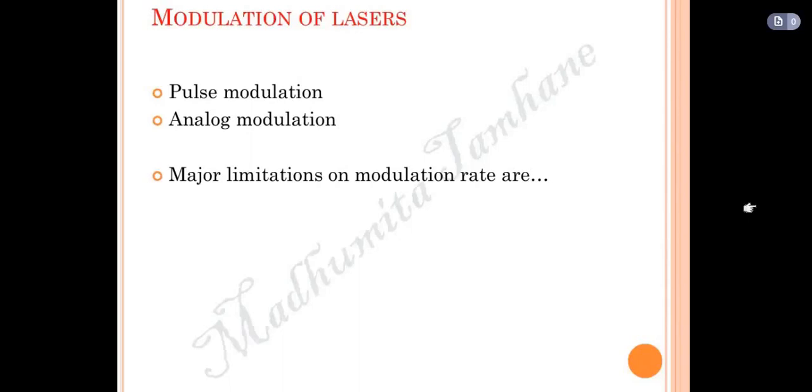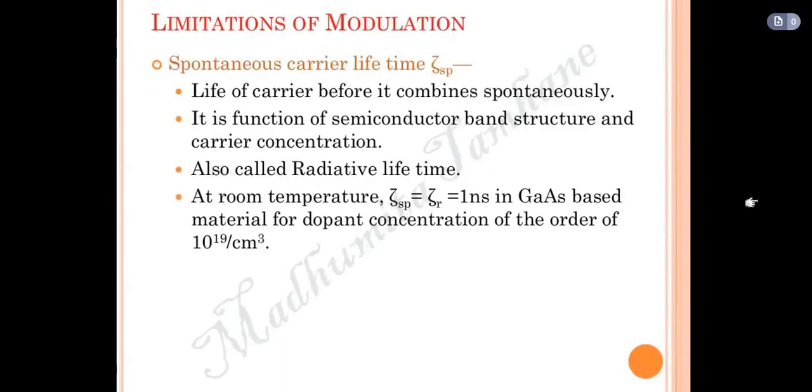So what is pulse modulation all about? When we have a carrier frequency moving ahead with the given input frequency, and the input is nothing but the pulses we are using, that is the pulse modulation. And then we know the analog modulation also, right? What is analog modulation? Whenever any modulation happens because of something analog in nature, that is considered analog modulation. Clear? These two kinds of modulation we have to see whenever we discuss this. Next, we have to see the major limitations.